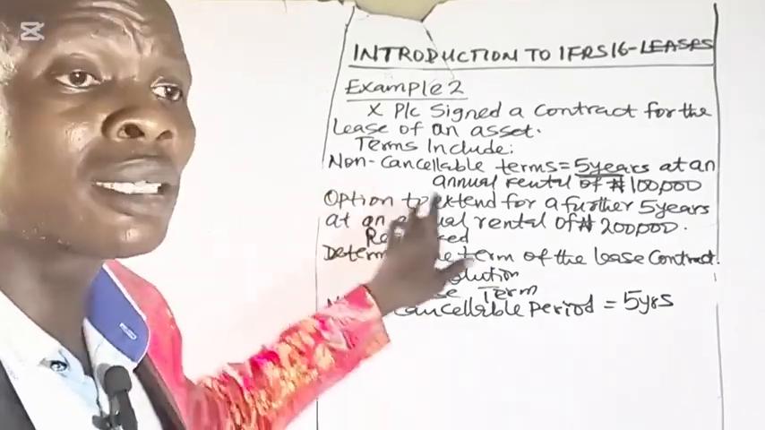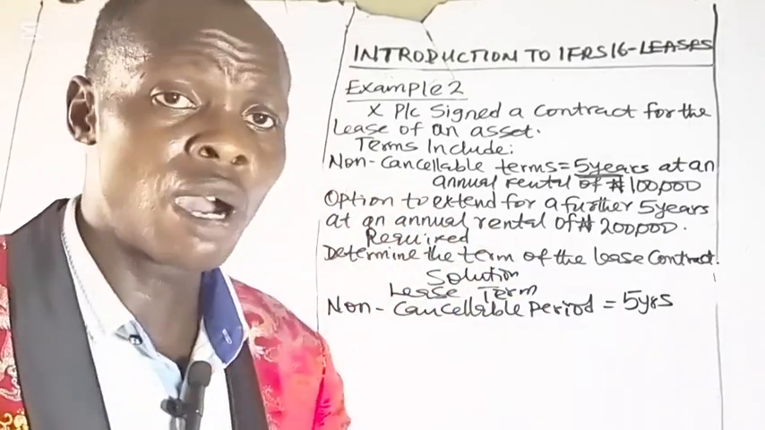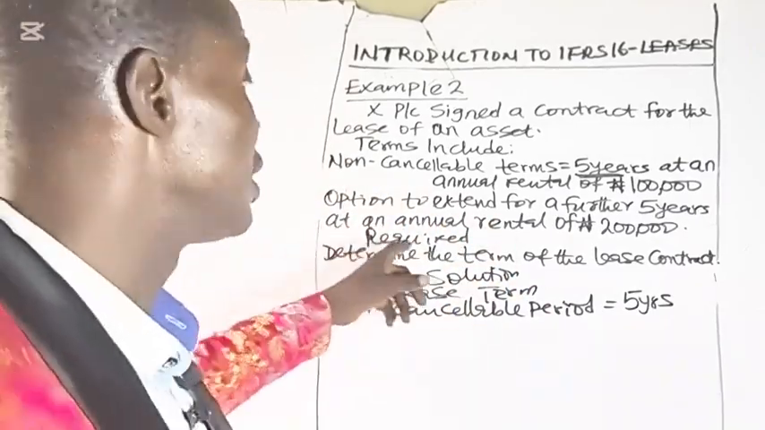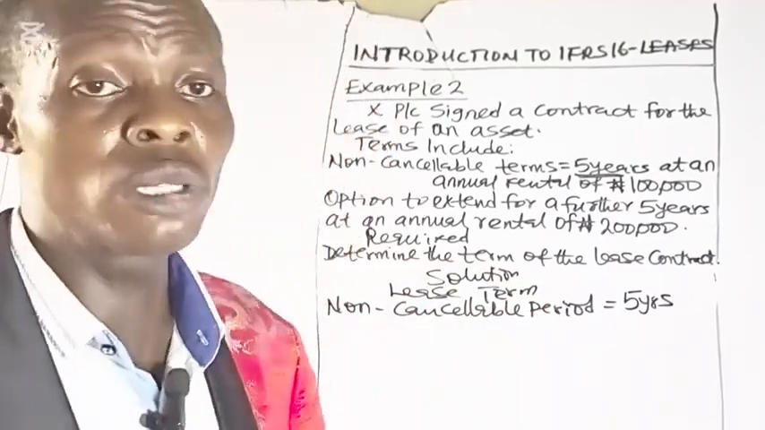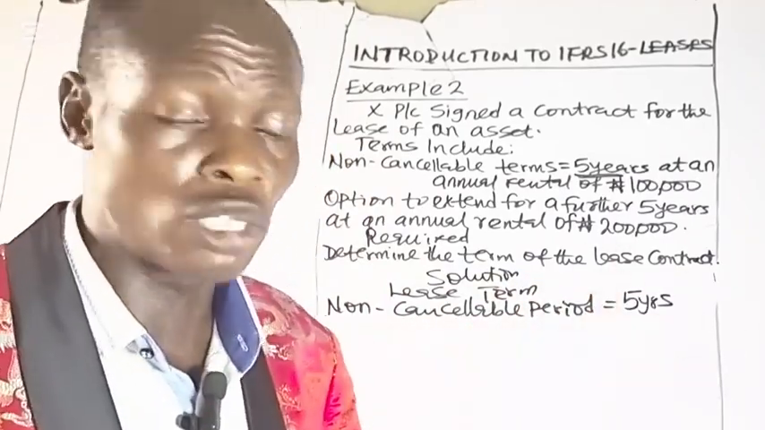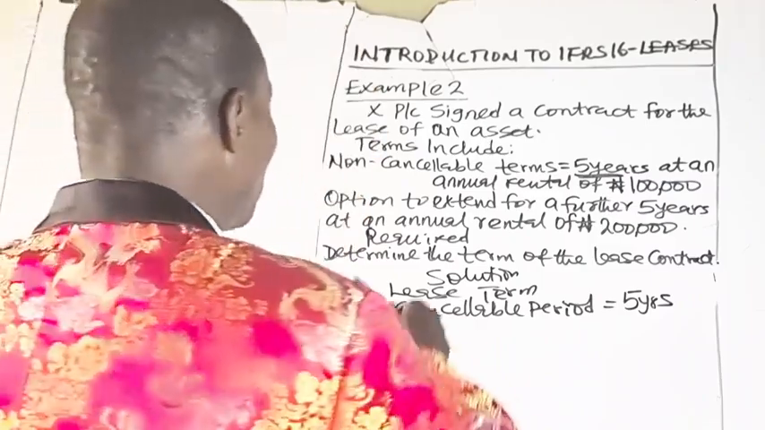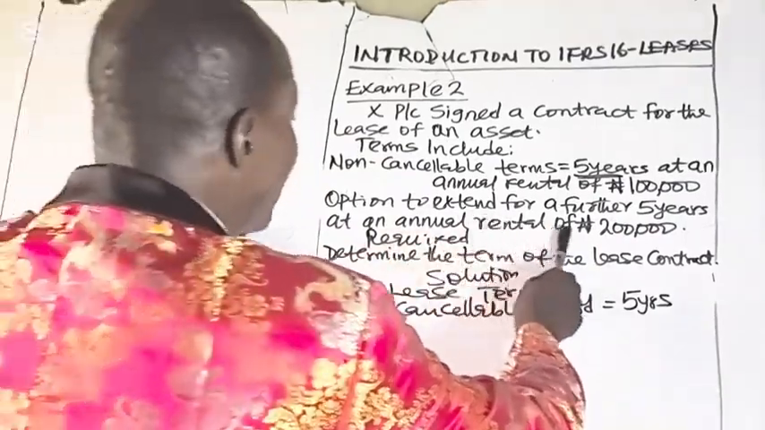Now, I've told you that the period of the option will form part of the lease period or lease term where it is certain that the option will be exercised. And I've told you that the option will be exercised where the rental for the period of the option is very small. Now, you were told option to extend for a further 5 years at an annual rental of 200,000